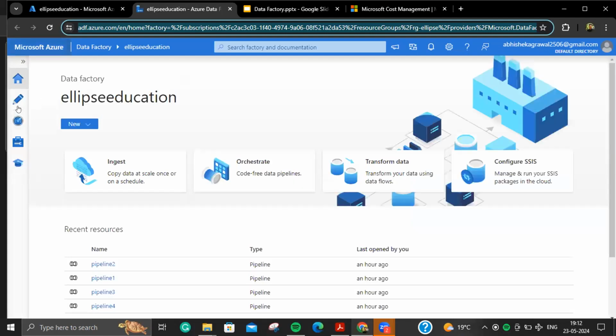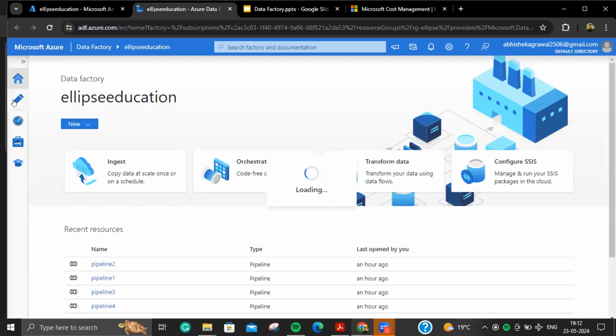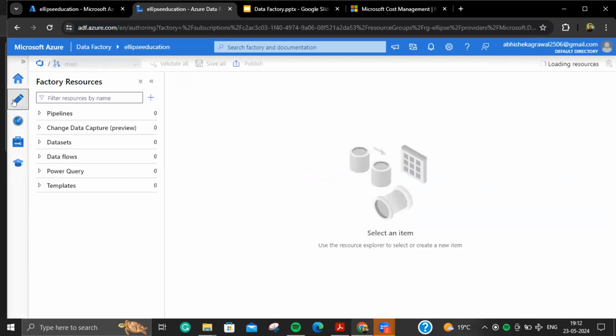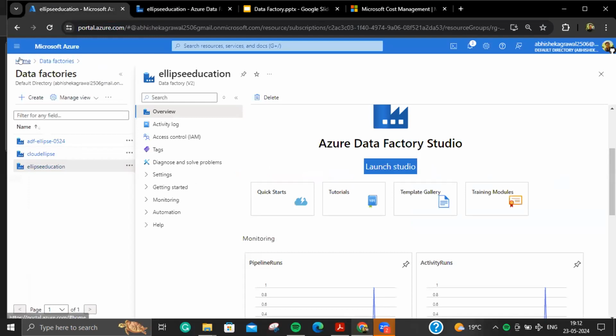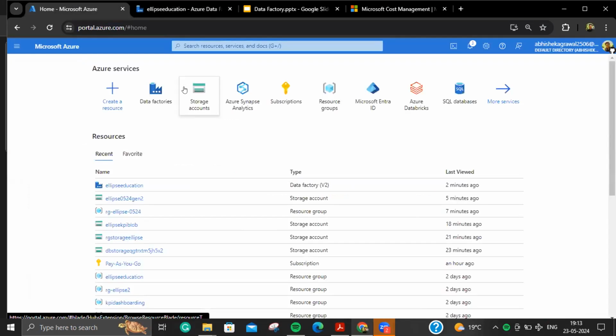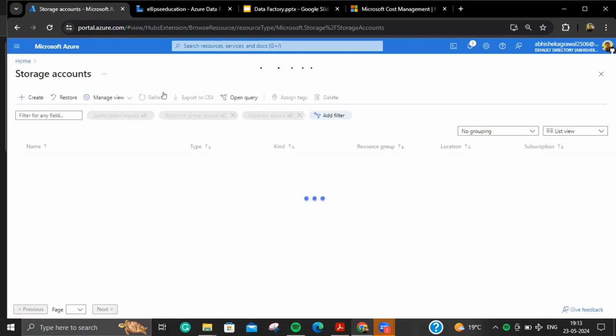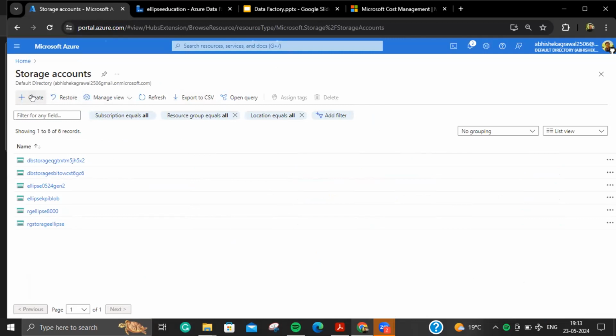One question, Abhishek. Yes. While creating the storage account, right, by default the data lake type storage gets created. By default, blob will be created, not data lake. Blob, is it? Okay. Yeah. Do we have that option? Yeah, if I click over here,